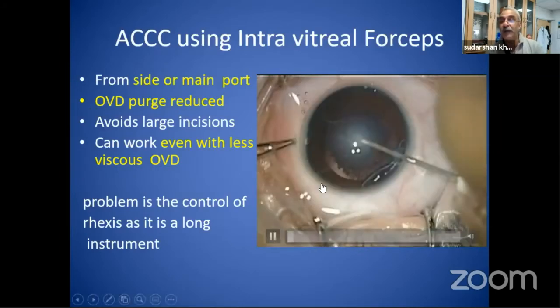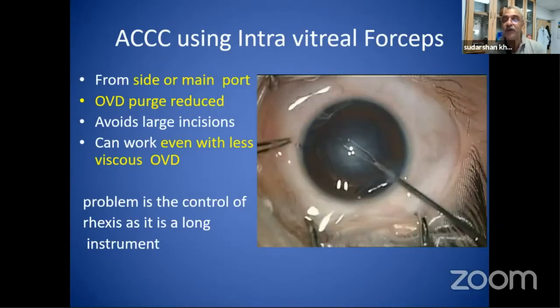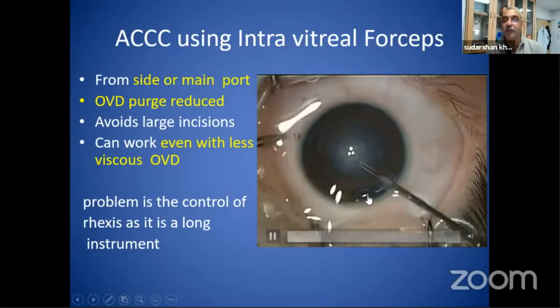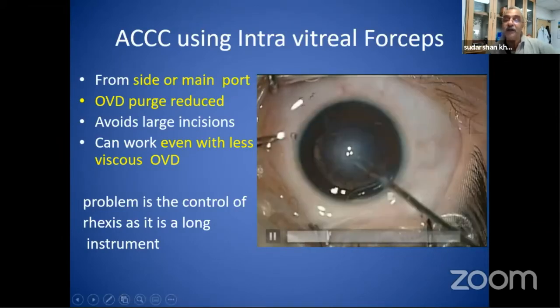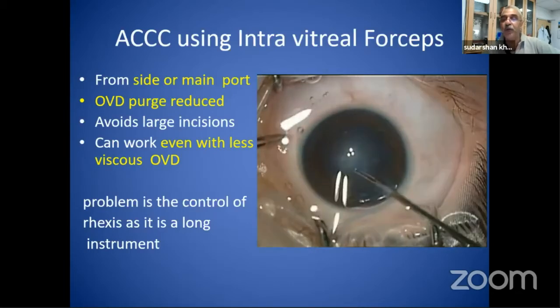Now I just made 2 stab incisions. My Utrata went through a 2.2 incision. Now this one is only a 1.2 millimeter incision, both. You see that little bubble trapped there, that's okay. But now what I'm using is methyl cellulose and a forceps, which is going through a 1.2 millimeter opening.